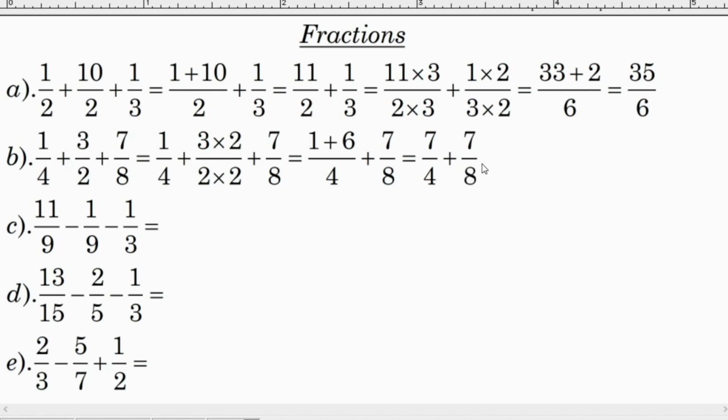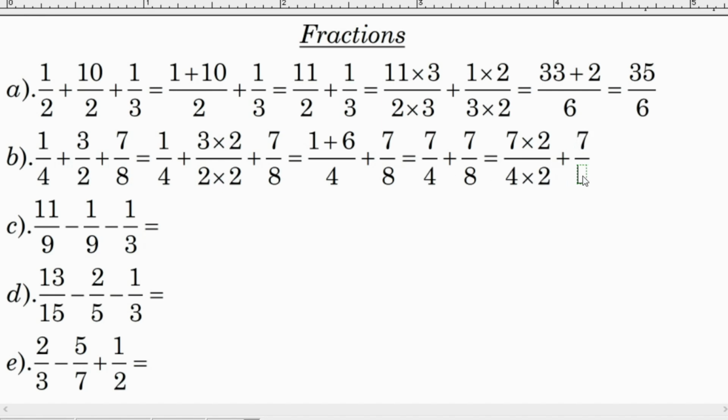Okay. So now we need to find the same denominator again. Here we have 4 times 2, so that will be equal to 8. So we can write 7 multiplied by 2 over 4 multiplied by 2. The numerator also has to be multiplied by 2. That is the rule, right? And then plus